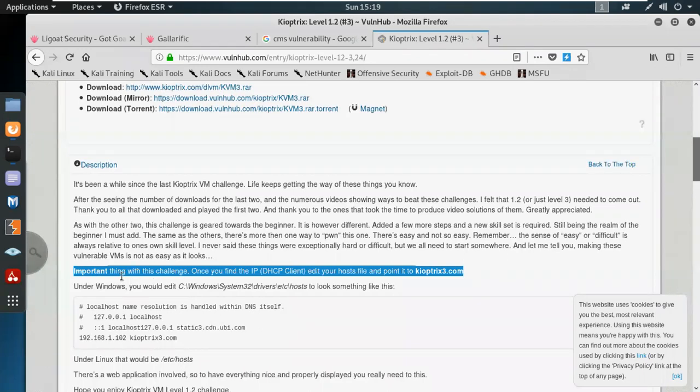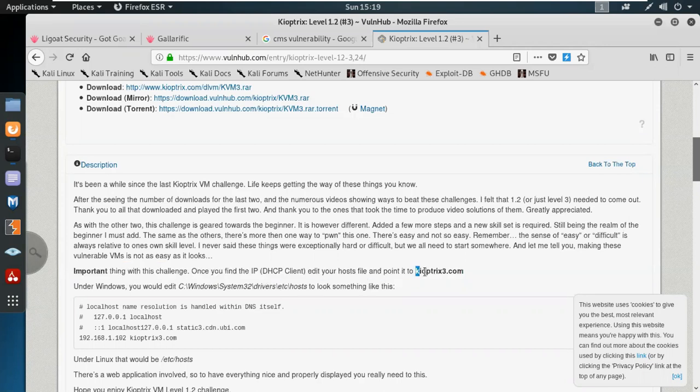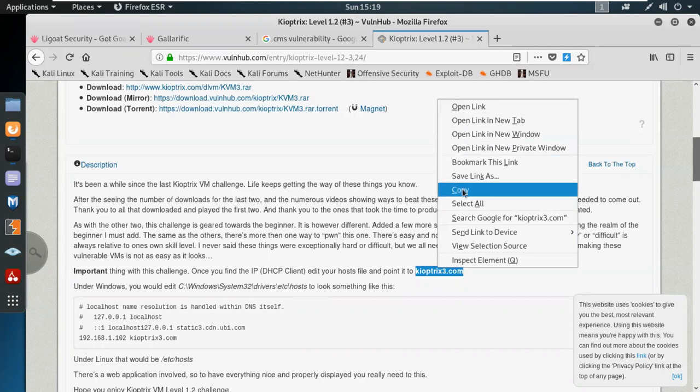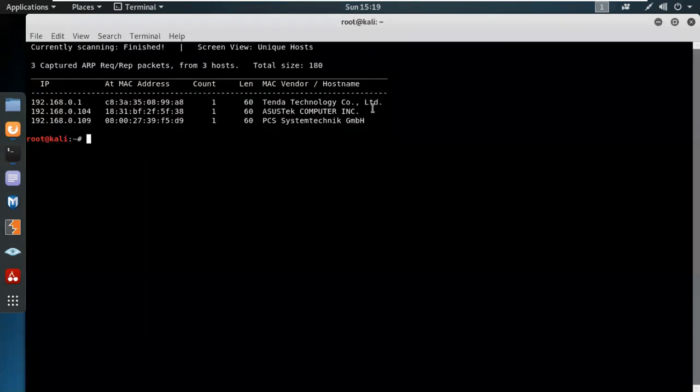Things with the challenge. Once you find the IP address, edit your hosts file and point it to the domain called Kioptrix3.com. It's saying in the Windows directory, Windows System32 drivers etc hosts. So etc hosts is a file where you can simply map any server in your local network. So we're going to copy the DNS name, and over here,